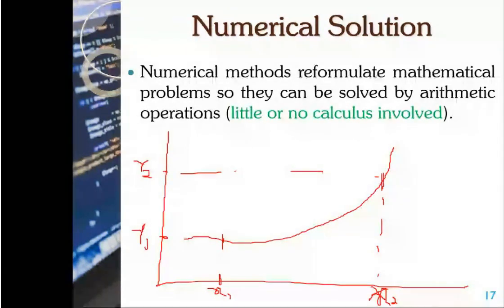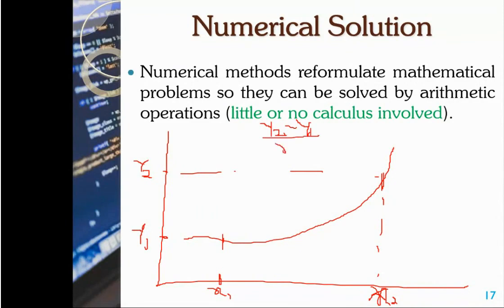Okay. Now, for us to get our gradient, all that we have to do is find the difference between the y and that of the x's. So this becomes y2 minus y1 all over our x2 minus our x1. Okay. And remember, this will be how to estimate our gradient,